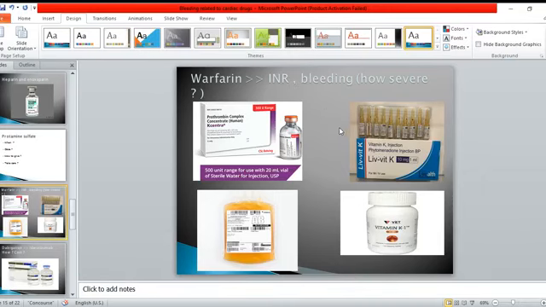If it's below 8 and no bleeding, no need to do anything, just hold the drug and repeat the INR frequently until the INR goes below 5, and in this situation you may resume the drug with a lower dose. Okay. In case of bleeding, we may have a minor bleeding and we may have a major bleeding.